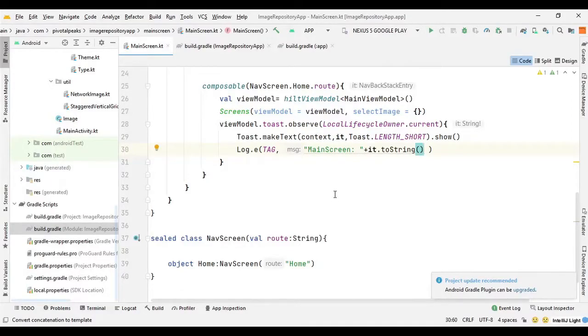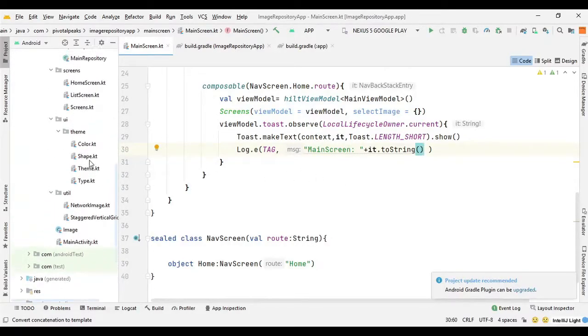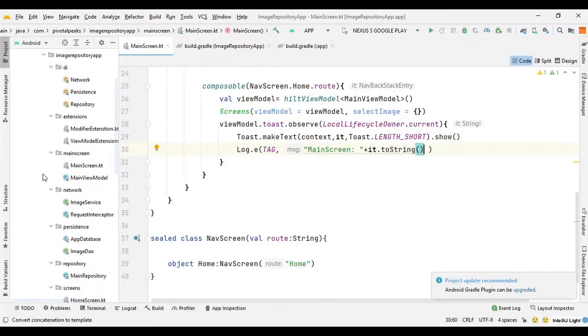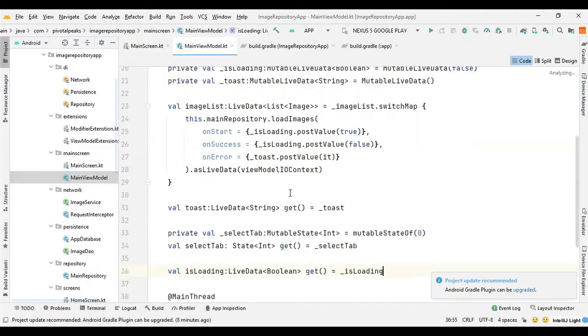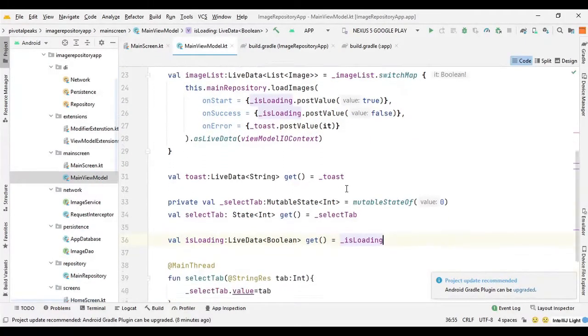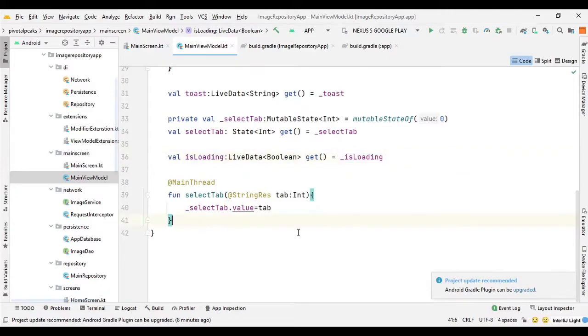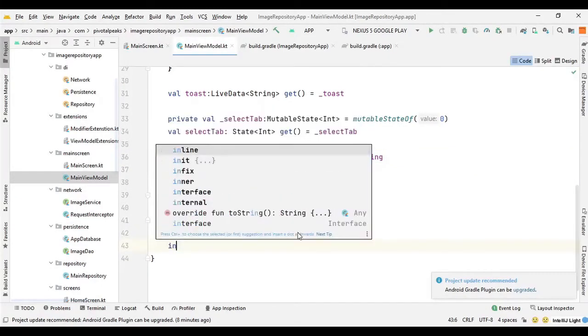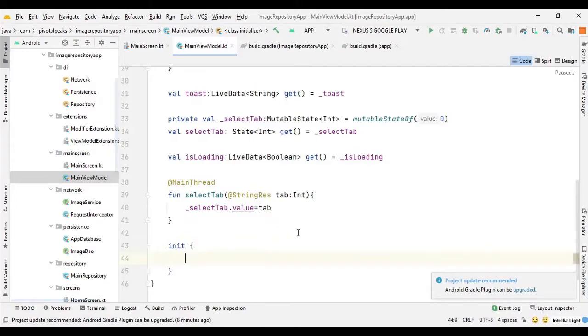But let me also do a quick fix in the MainViewModel because I made a mistake. I did not make a mistake, I just forgot to initialize the view model. So here I just need to initialize it. So I can say init, and let's log this as well.